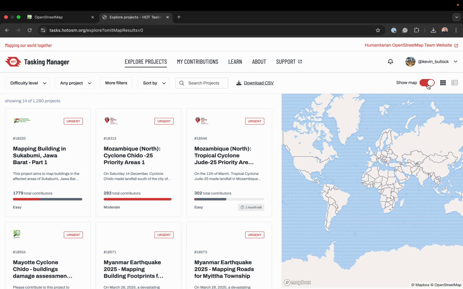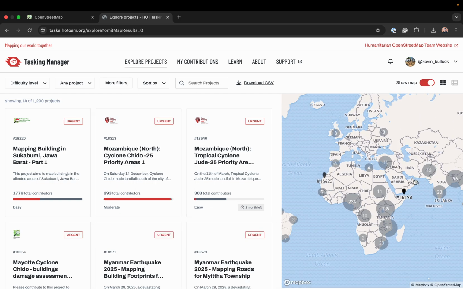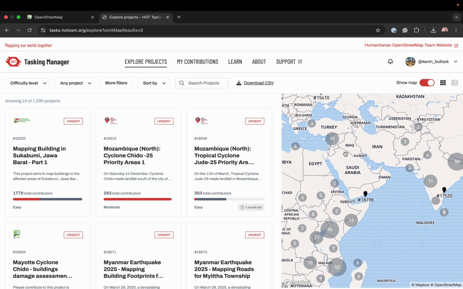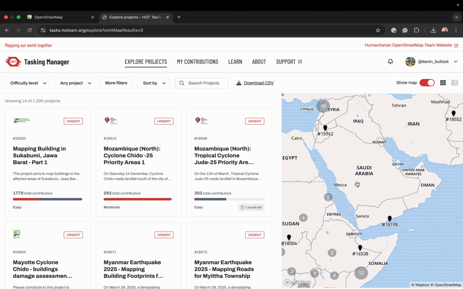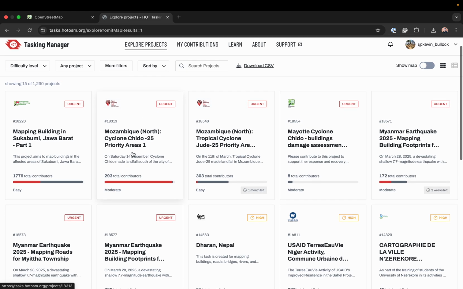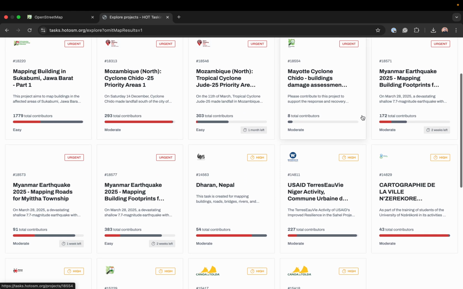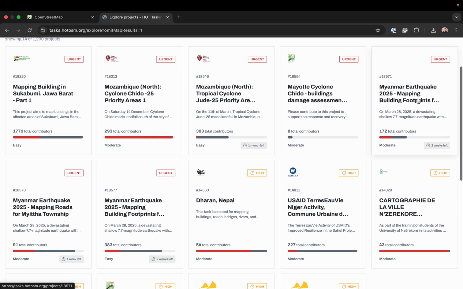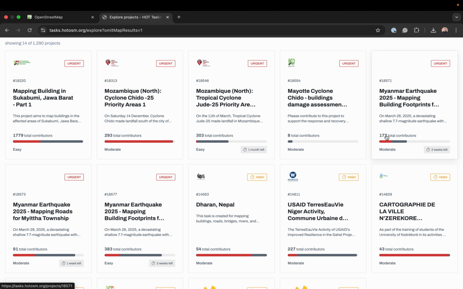You can use a map here and zoom into different parts of the world and find a task based on geography. But for us, there are 3 Myanmar tasks that are marked as urgent,